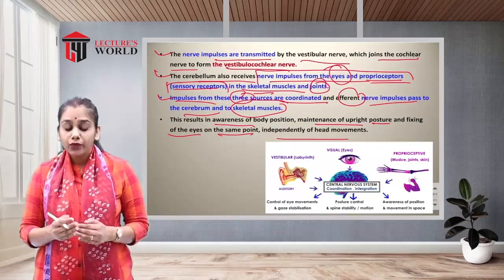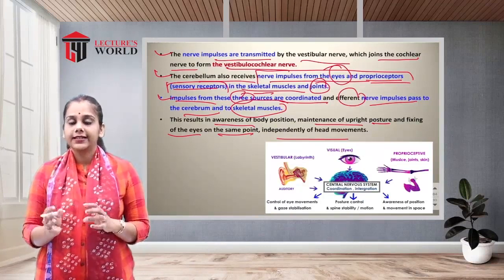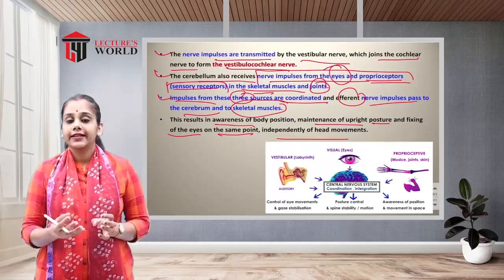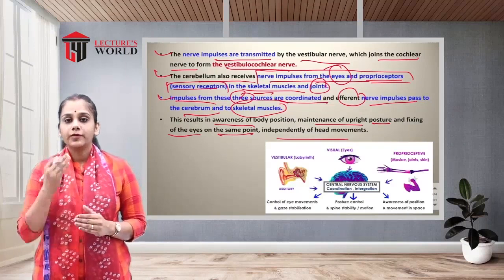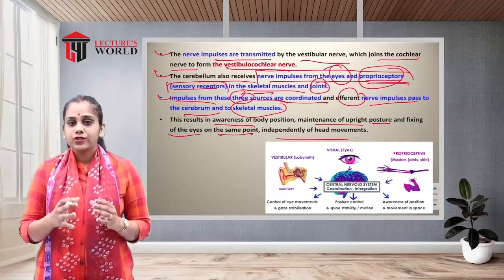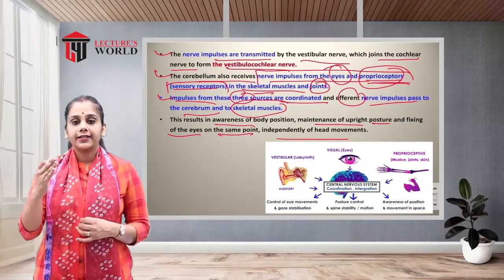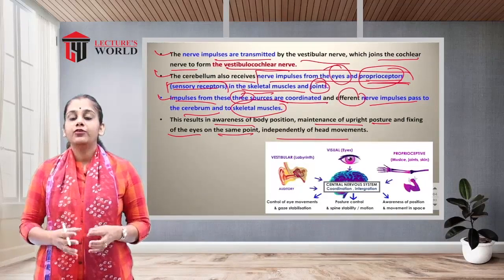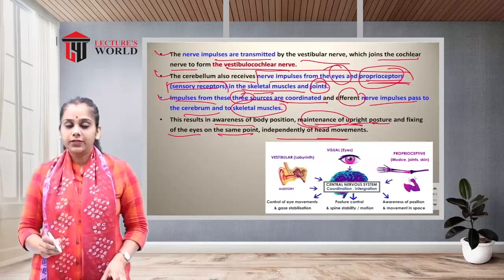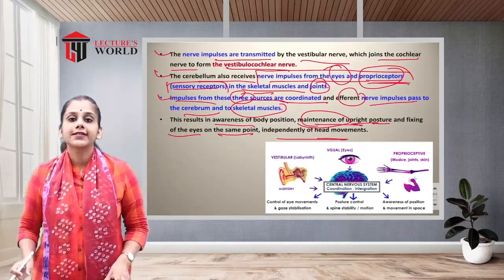With the help of the fluid, that is perilymph and endolymph, moving inside the semicircular canals as well as the vestibule area, impulses are generated to the brain from the ear, along with the proprioceptors. So the three sense organs are coordinated, and they send the impulses to the brain, and our brain alerts the skeletal muscles, and we are maintaining our upright position, posture, gait as well as eye-to-eye contact and coordination. So this is the process of balance.